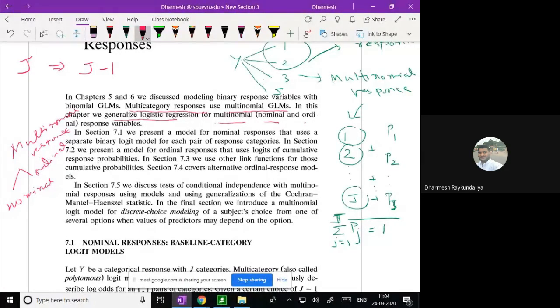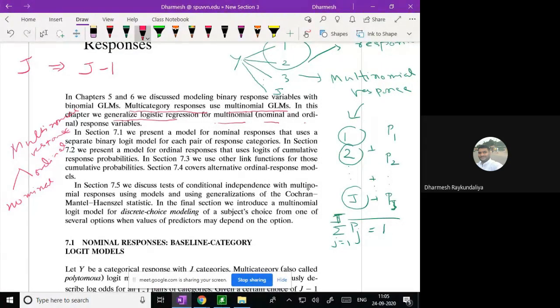So the multinomial response model is basically classified into two parts. One is for the nominal and another is for the ordinal response. We will develop two models. One model where the response categories are nominal in nature, and another model where the response categories are ordinal in nature. One is called the baseline logit model, which is a multinomial logit model, and the second one is an ordinal logit model, or you can say a cumulative logit model or proportional odds regression model. Likewise, there are several names. We will see them one by one when we come to that part.